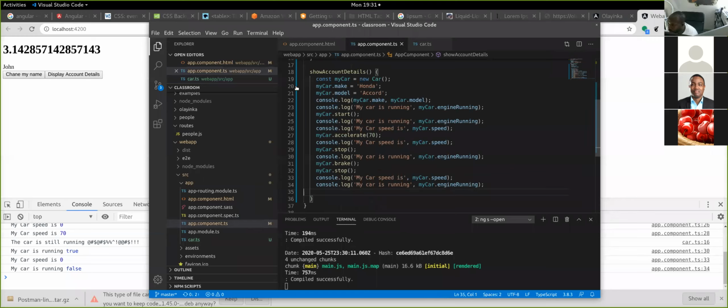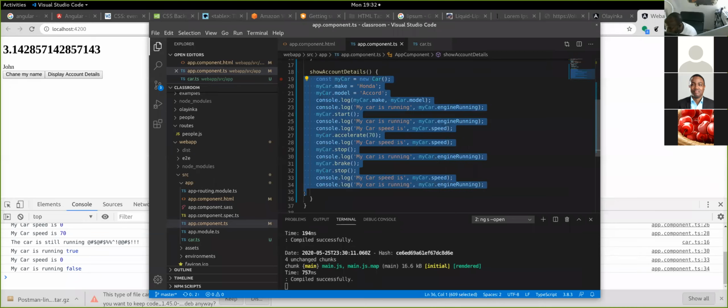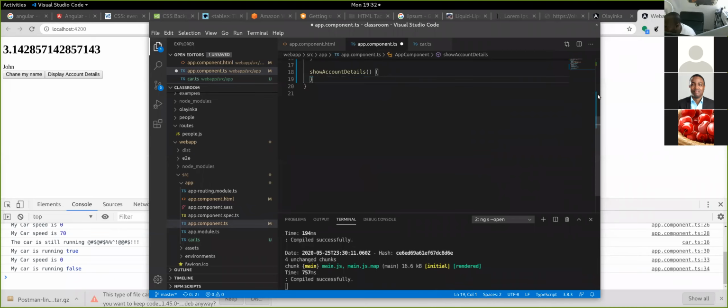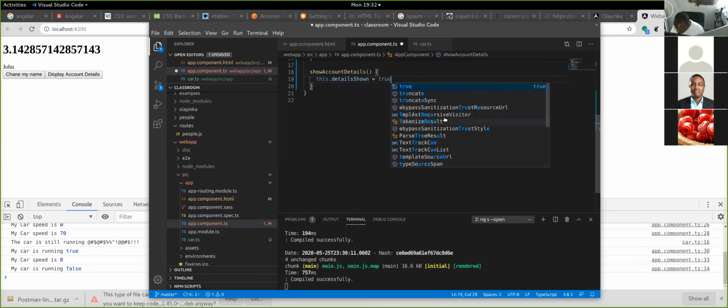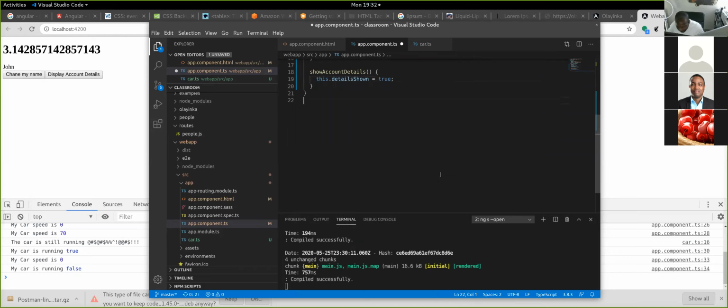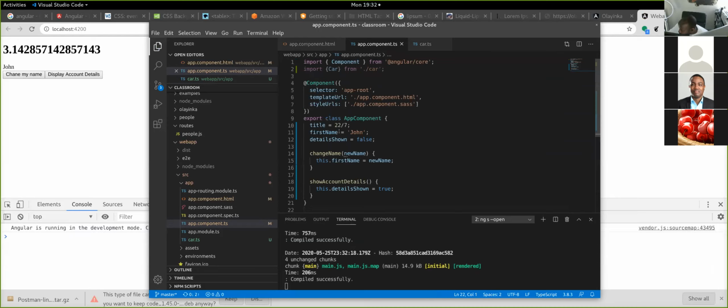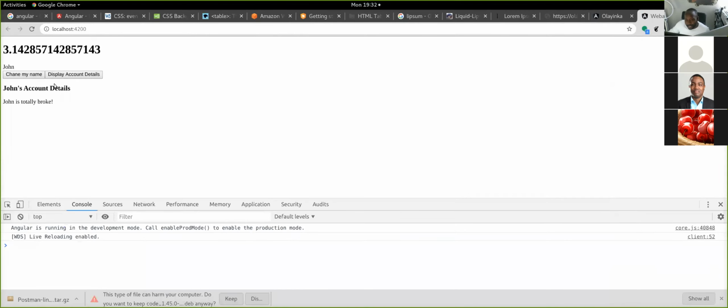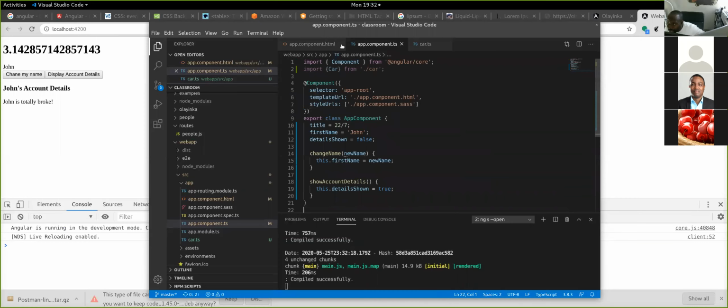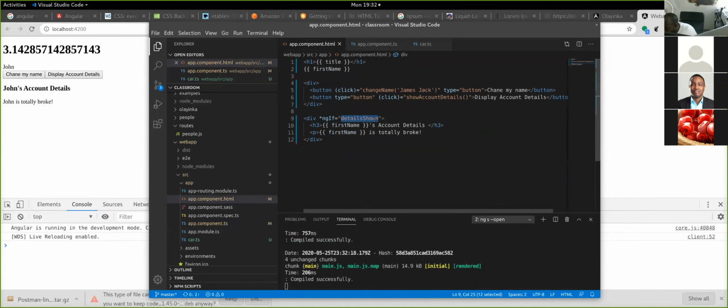Okay. All right. So let's get back to this method here. And when I come back here now, and I say this.details, you can see that Visual Studio Code sees I have that property already, equals true, right? And I save that. We're essentially just changing this property to true when we click this button. So if I click this now, voila, it shows up